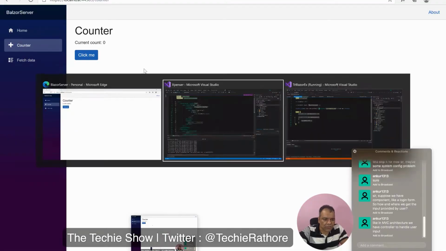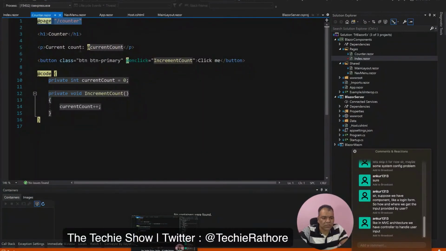So if you see this code, this is the default Blazor code. If you see here, @code, this section is the one where you do all the things. We don't have that controller kind of thing here in Blazor. What we usually do in Blazor is create a separate class which inherits.